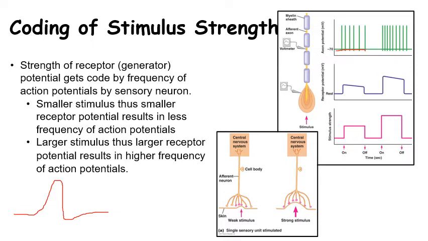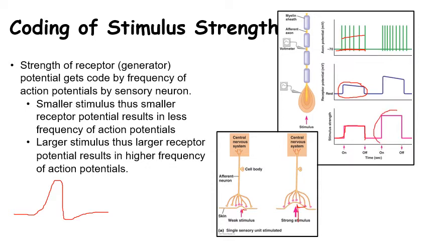And you can see an example here: light touch, a weak stimulus, would be coded purple here, this lighter, smaller purple, that's the stimulus strength. You can see the receptor potential, the greater depolarization it causes, and what that does for the action potentials. You can see the frequency. Each of these spikes is an action potential by the sensory neuron. The frequency is decent but not super fast, not high frequency,